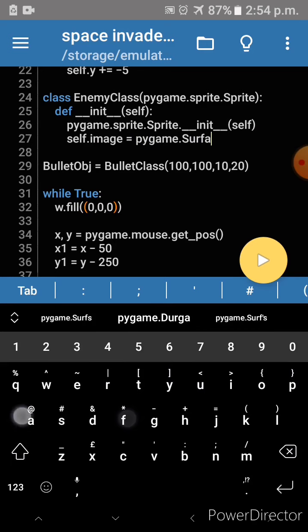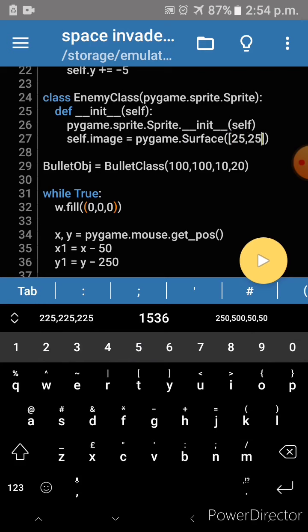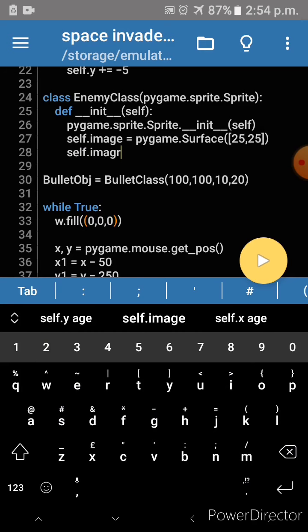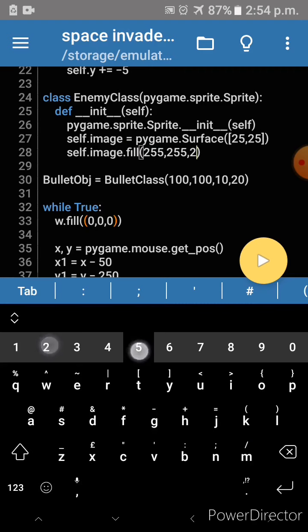pygame.Surface, and inside we will give the width and the height. I'm going to give 25 by 25, and we will give it a color. Self.image.fill with an RGB value. I will give white, 255, 255 and 255.